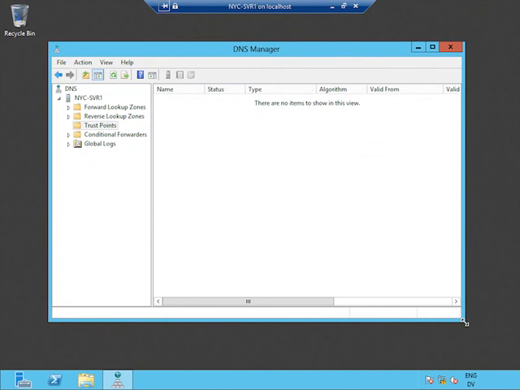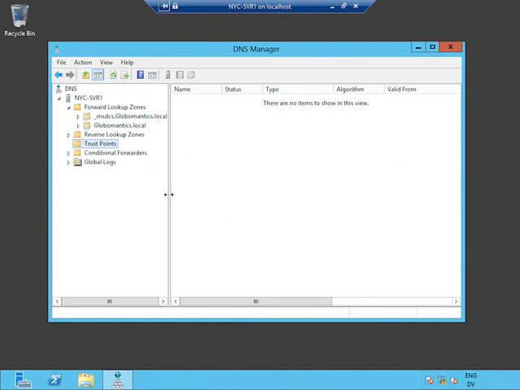Our basic functionality centers around the idea of zones. A zone is a database of information. I'm going to explore here forward lookup zones. I've already got a zone for my Active Directory domain, globalmantics.local. Globalmantics has got an AD infrastructure, and we can see some of that represented here. If I needed to create another zone, I've got a division of my company that's launching a project. They want to be able to have their own separate domain name environment for it. I can accomplish that. I'm going to create a new forward lookup zone,